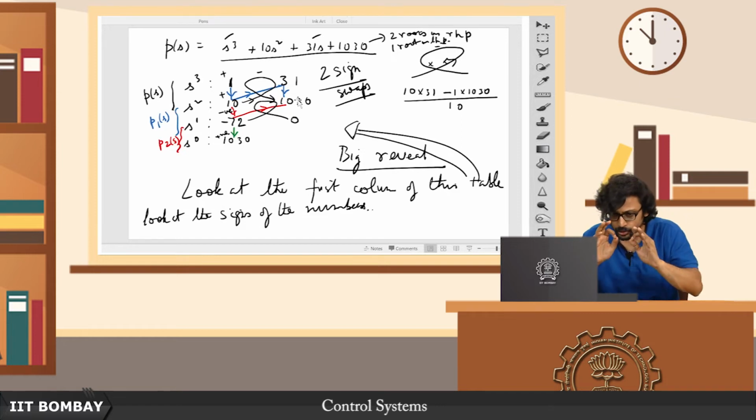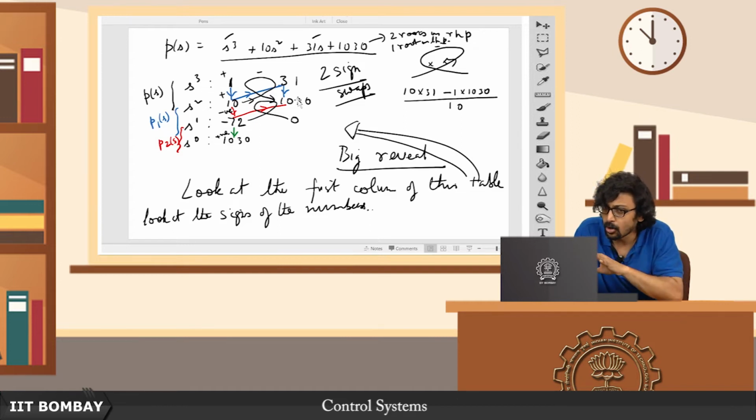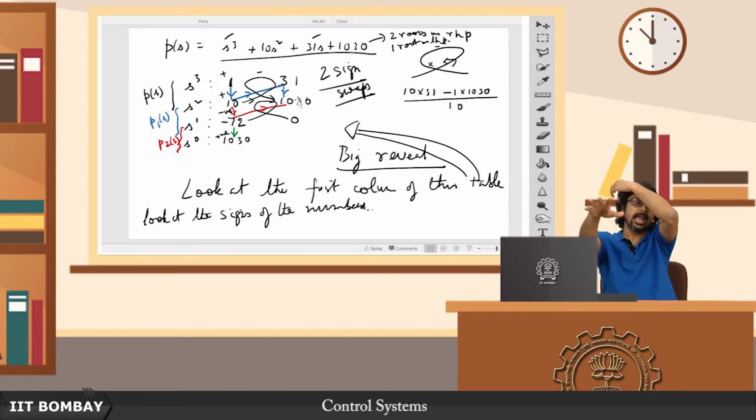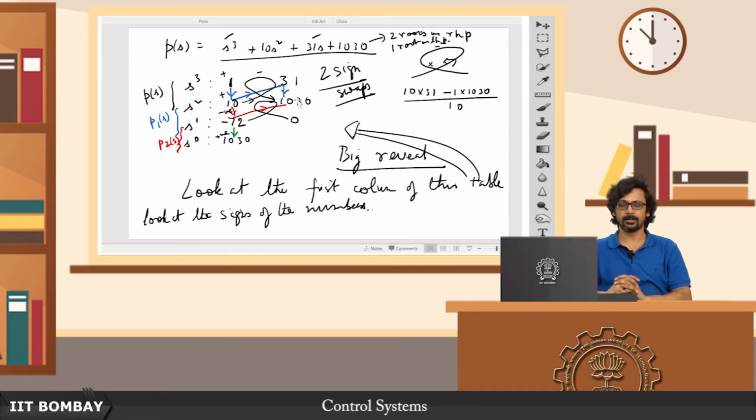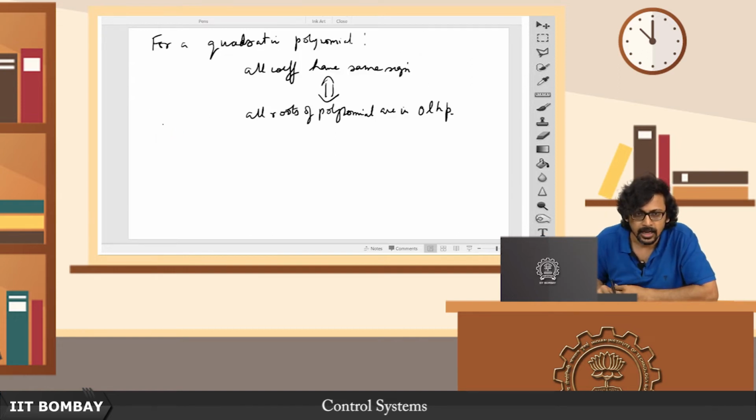But before that, I want to draw your attention to another interesting point. I told you that while we set about to determine if all the roots of the polynomial are in the open left half plane, this Routh array ends up giving us more information. Suppose all the roots are not in the left half plane. Then the Routh array does not just stop at telling you to forget about this polynomial because it does not have all its roots in the left half plane. In addition, it also tells you how many are in the left half plane and how many are in the right half plane. So, as a bonus,